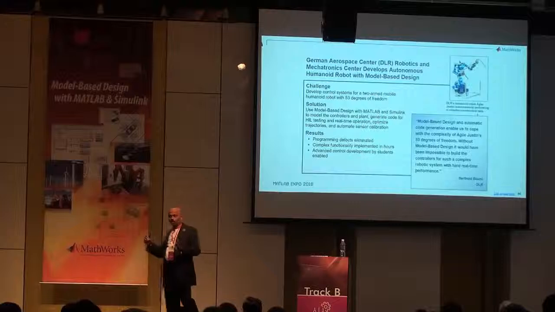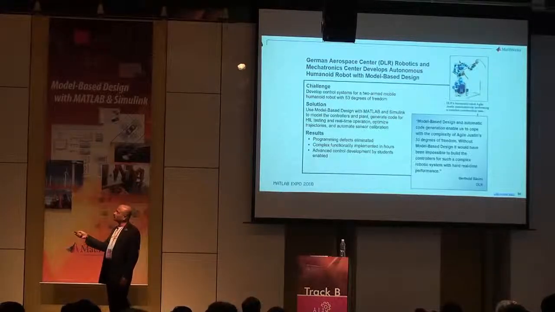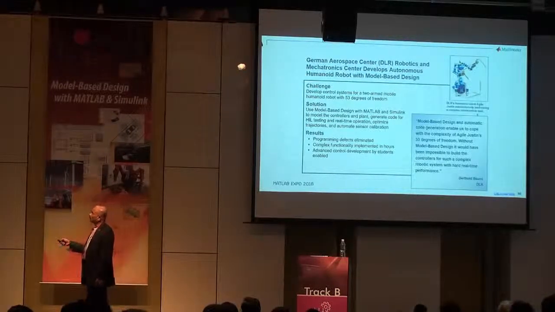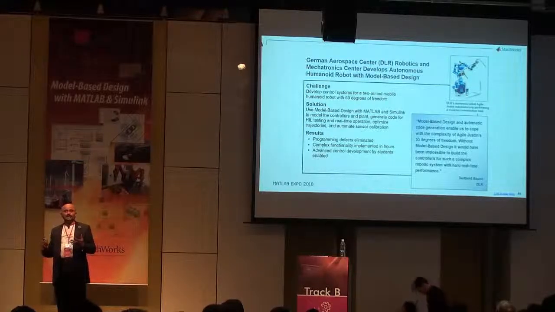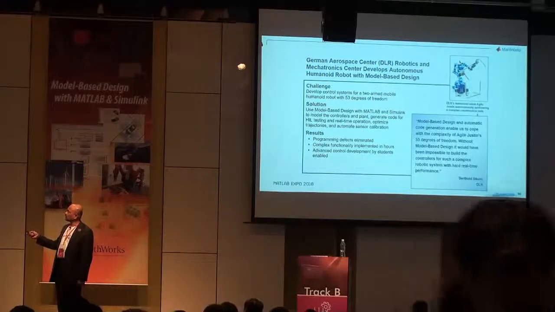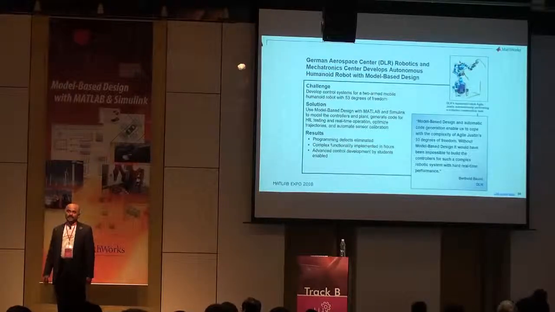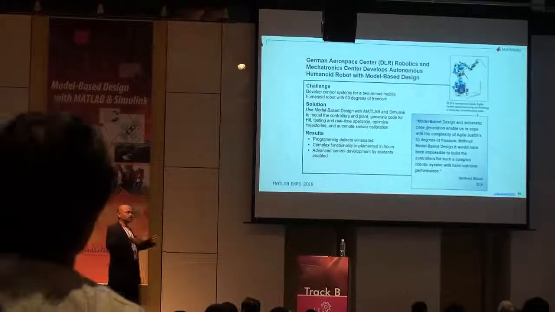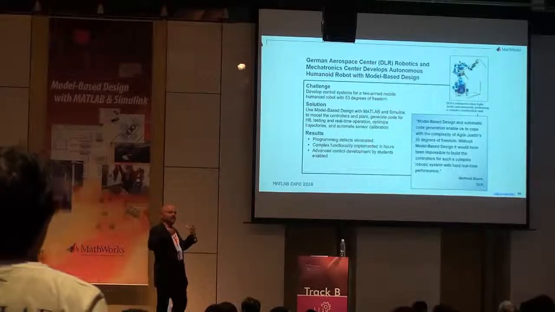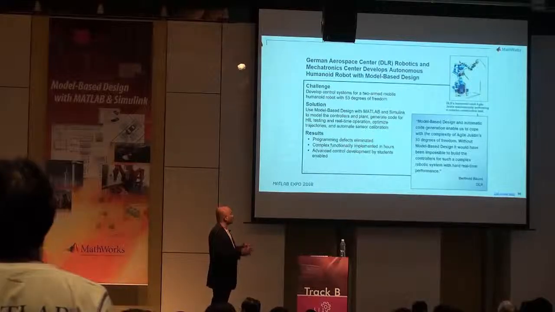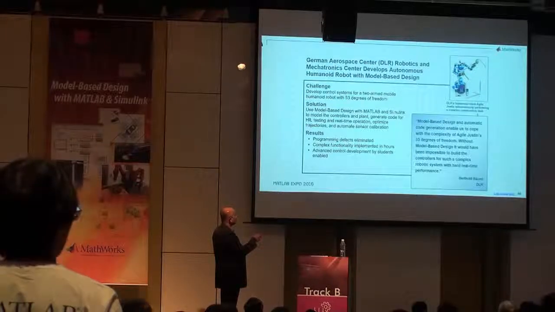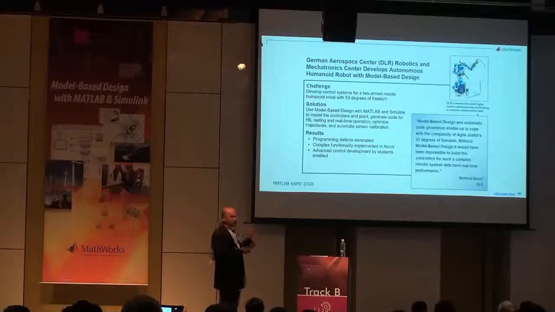You saw that video earlier. In this case, the work is done by DLR, which is a research center in Germany. And just to give you an idea about the complexity of the robot, in this case, Justin has 53 degrees of freedom, right? So basically, there are 53 motors and actuators that are moving that need to be optimally told how to function. So what DLR did is that they used MATLAB and Simulink to model the